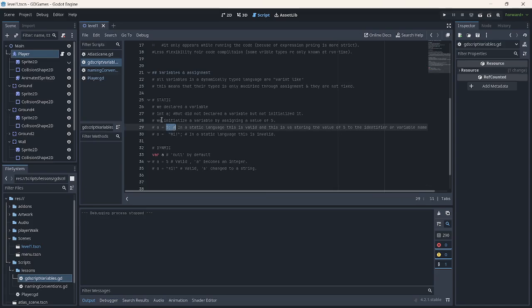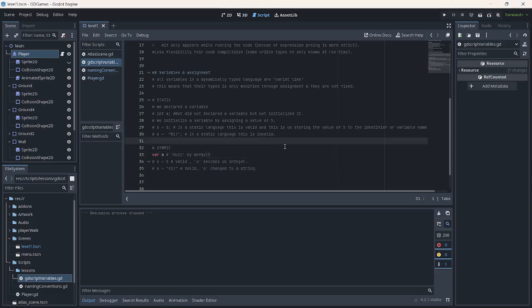In a static language, this is not going to be valid. If we declare that A is an integer, that means it's going to have a number assigned to it. But if you assign a string or characters of text, that will be invalid in a static language. With a dynamic language, that will still work.